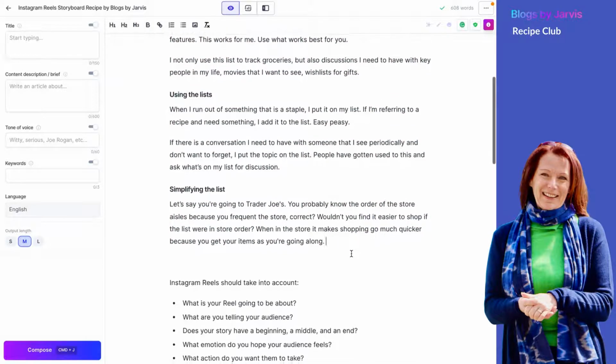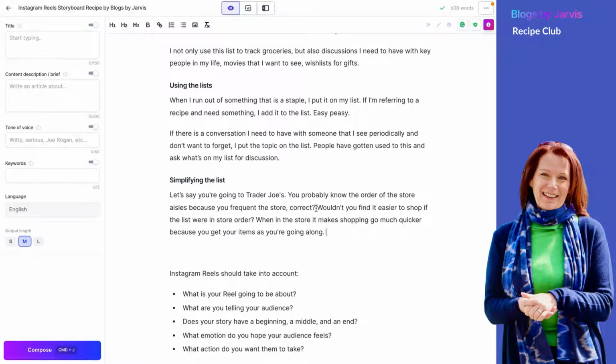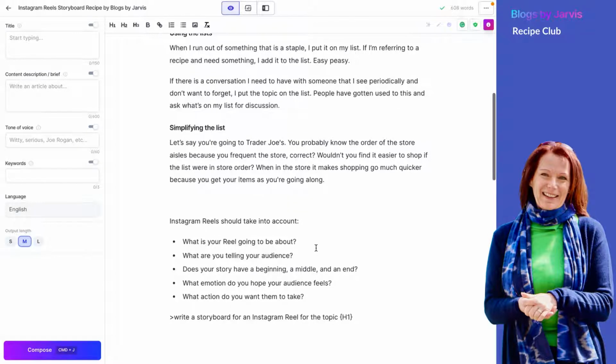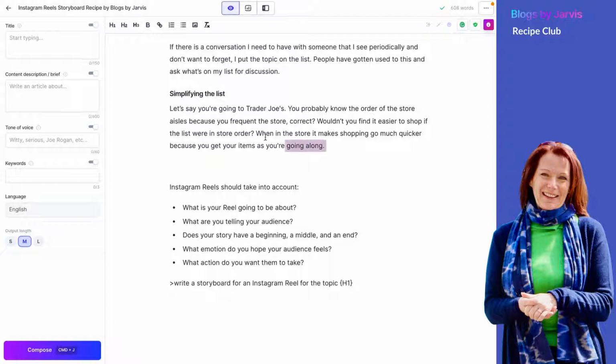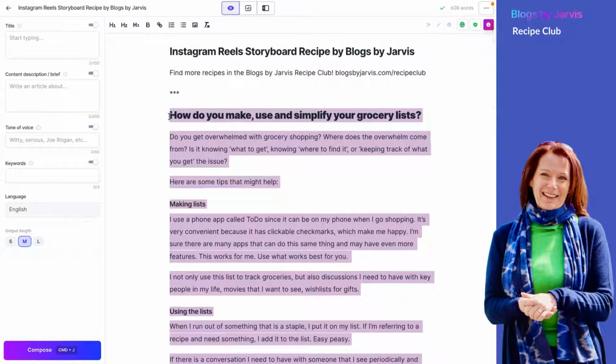As you can see, there are a lot of questions here and lots of prepositions. So let's say you're going to Trader Joe's. You probably know the order of the store. Wouldn't you find it easy to shop if your lists were in store order? That kind of thing. Okay, so what we've done here, we've given Jarvis some content to work with, and we've